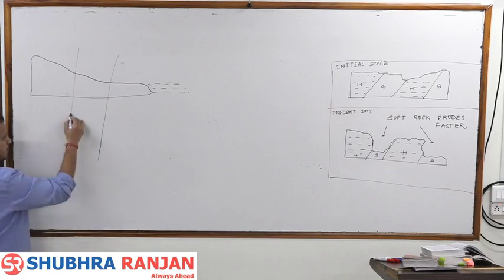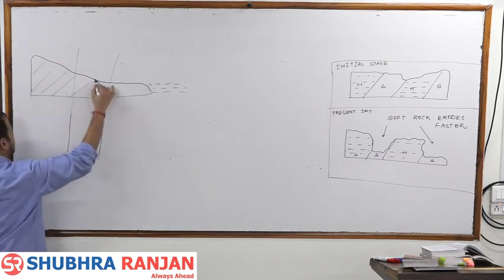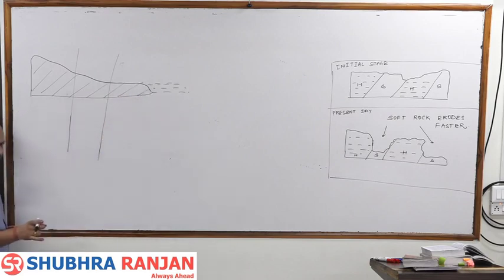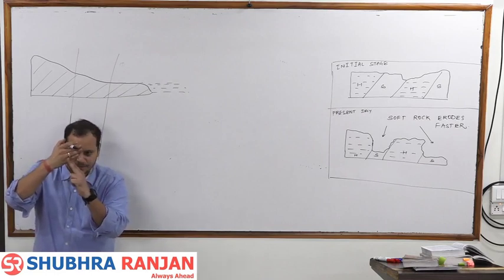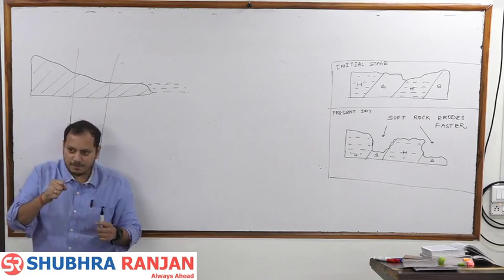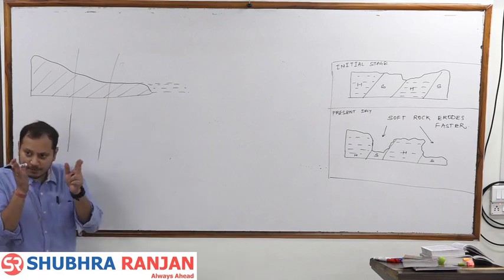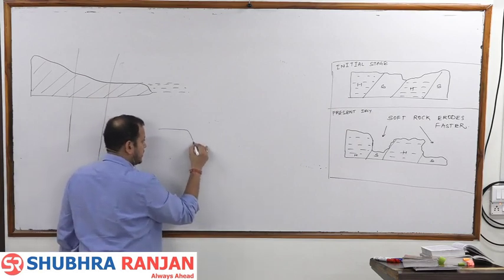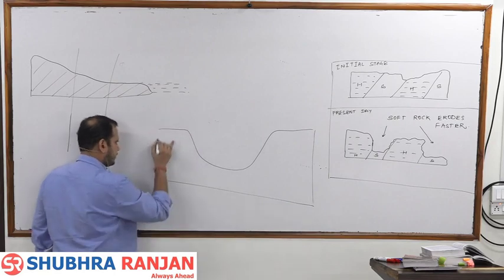In the youthful stage, yesterday we have seen the speed of the river is greater. Because the speed of the river is greater, it can carry a large amount of sediments, and because it can carry a large amount of sediments, the sediments will rub the river bed. After rubbing the river bed, they will carve out the river bed and make it very deep. Now, if this is a river bed, I told you yesterday, I am repeating this again, and